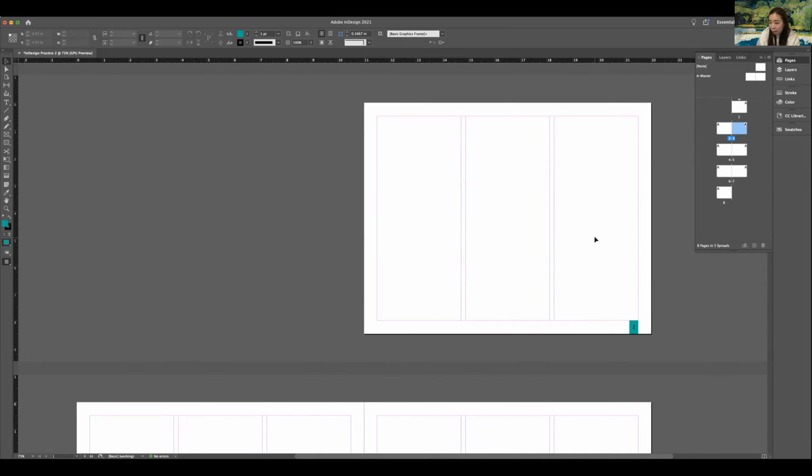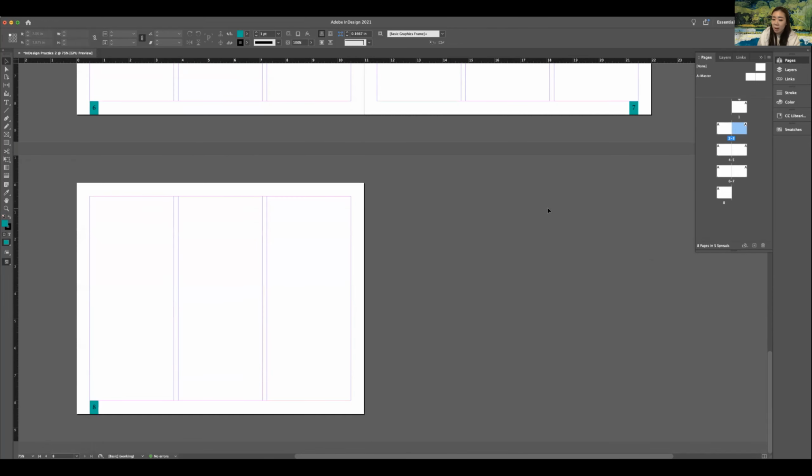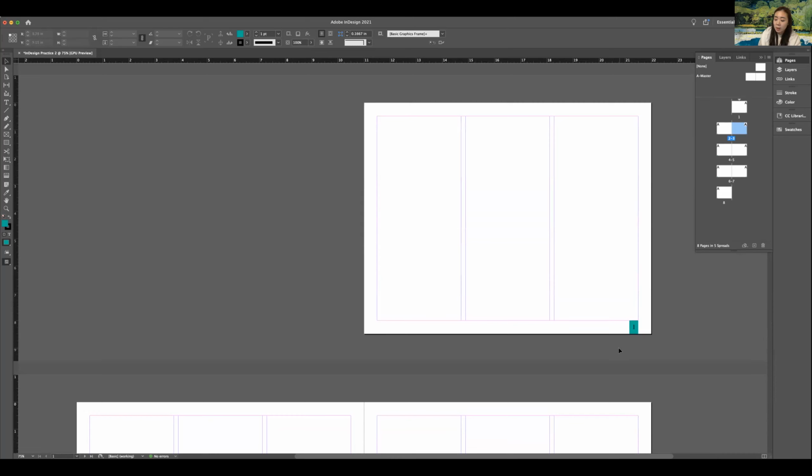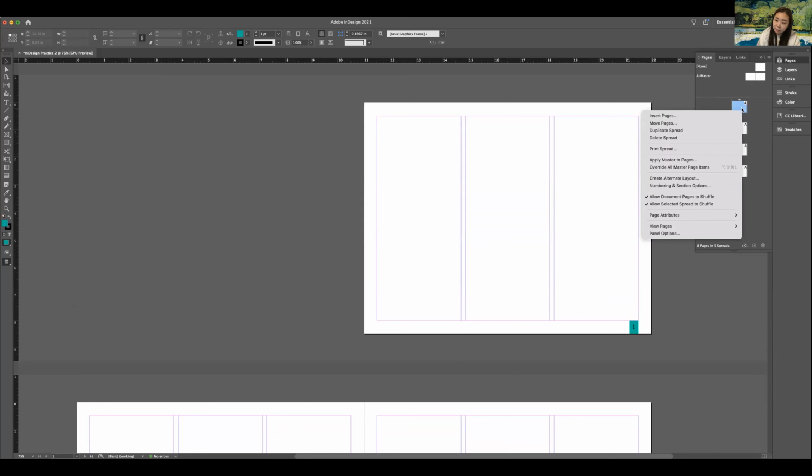But here's the thing. We're going to create a book, so I don't want to put the number on the first page and the last page, because the first and the last page are supposed to be a cover. So let's delete these numbers. Click this first page and then right click